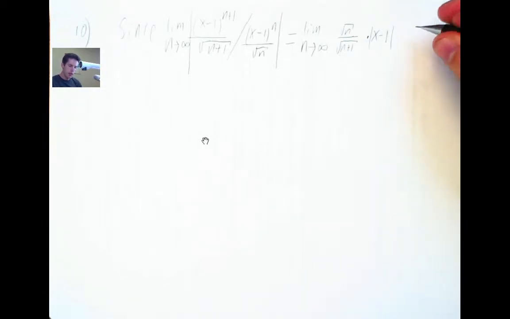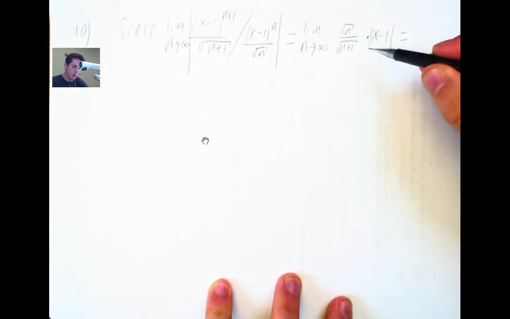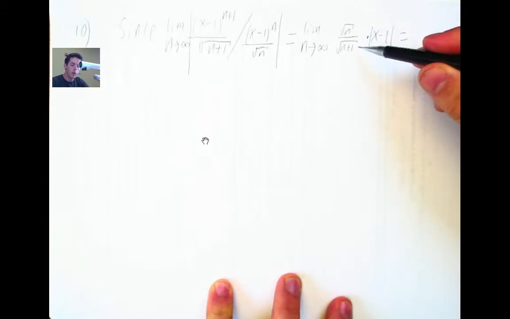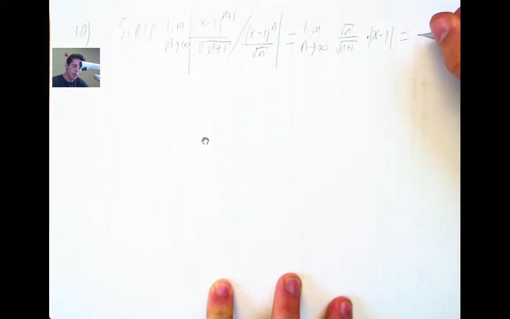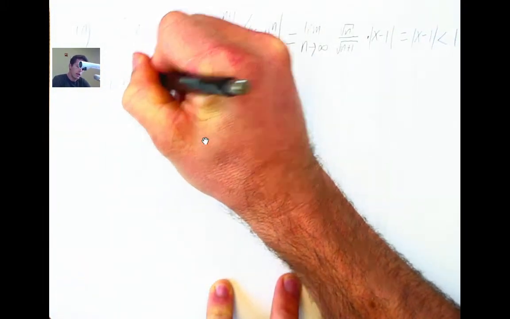Let's see. That, in turn, is, well, I've dealt with this kind of limit before. I could divide the numerator by square root of n and the denominator by square root of n. The limit of this ratio is simply 1. And x minus 1 doesn't go anywhere as n changes, so that's the value of the limit, and I'll say that that's less than 1 when